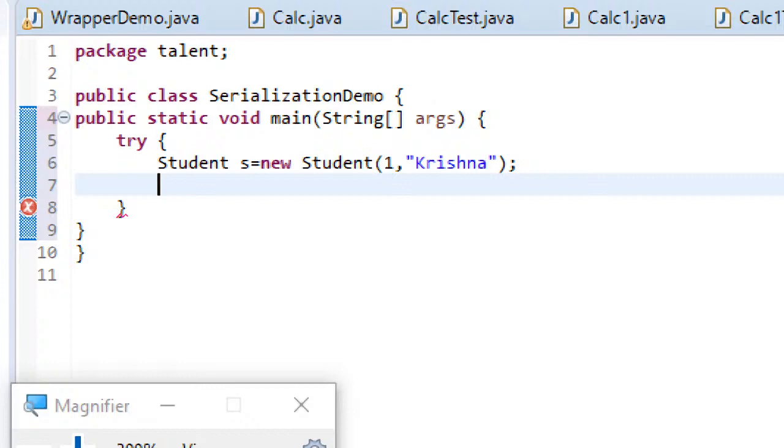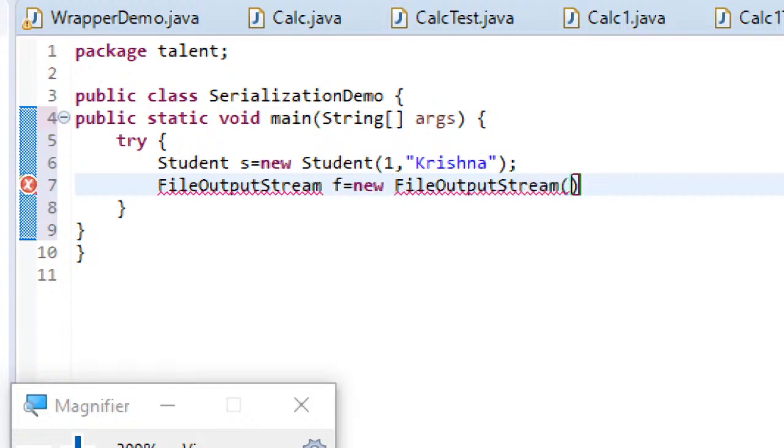And then what we have to do is create a FileOutputStream, and let's give some file name. It may not exist in your system; by default it will automatically create it.